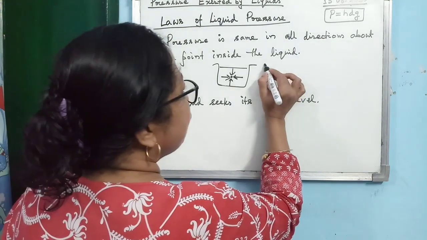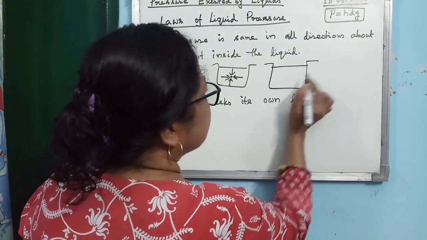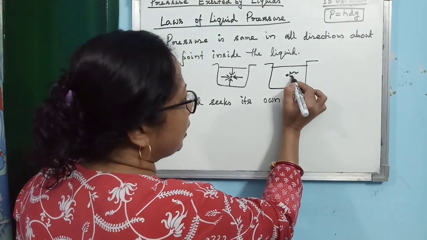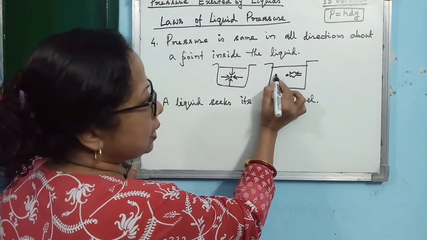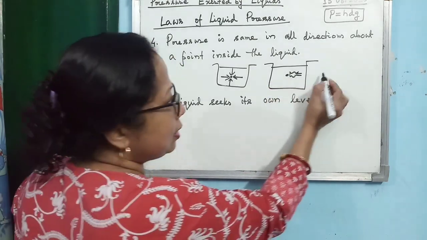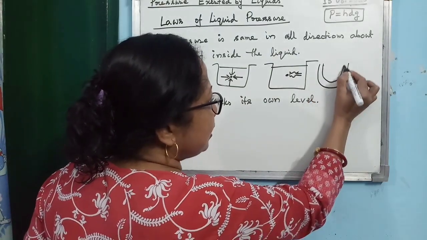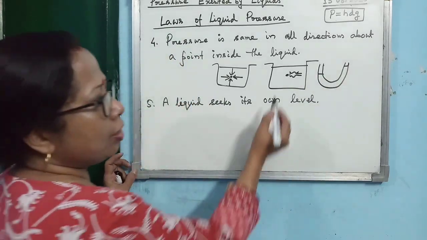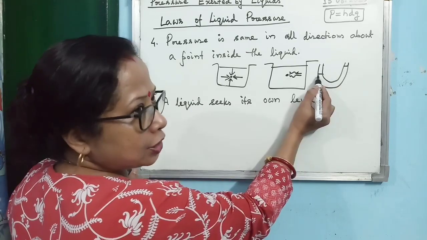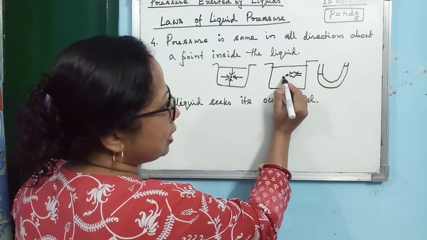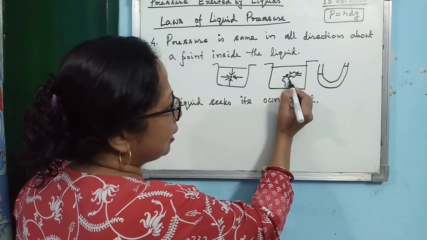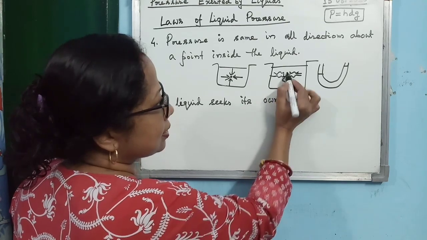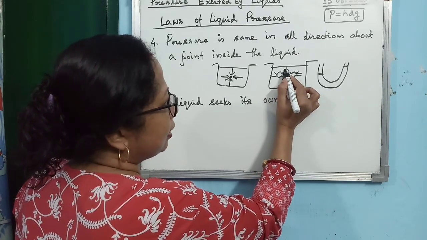Alright, so how can you verify it? By using a manometer. Suppose you choose a point, then you keep the thistle funnel this way, and the liquid is exerting pressure in this direction. Here you will observe that in the U tube the difference between the mercury levels will not change. First you keep it like this, then the mercury level is like this, then you keep the thistle funnel like this, and then like this.